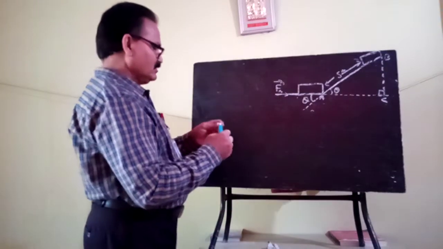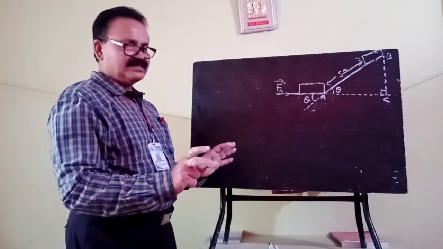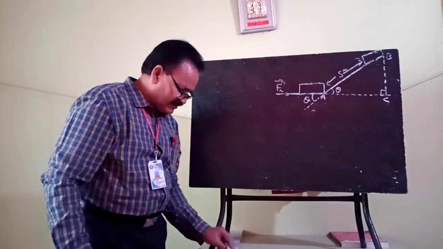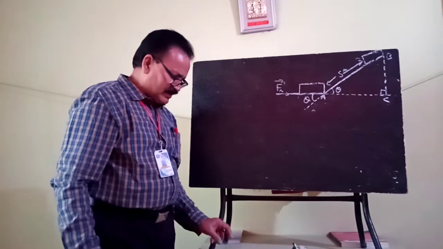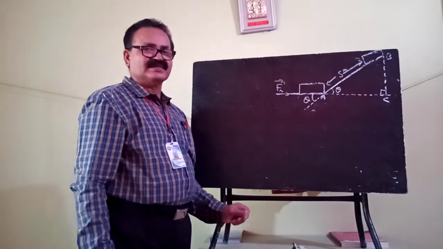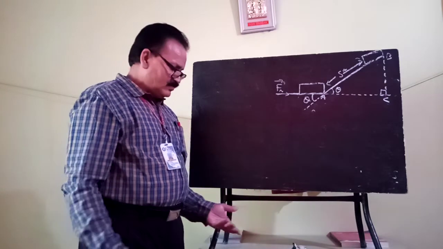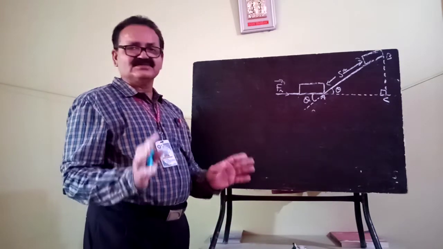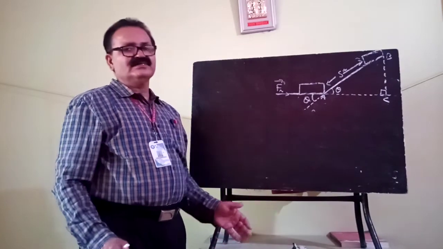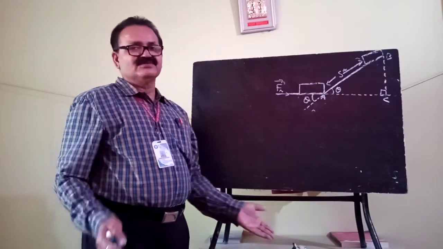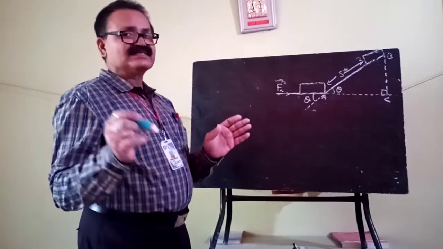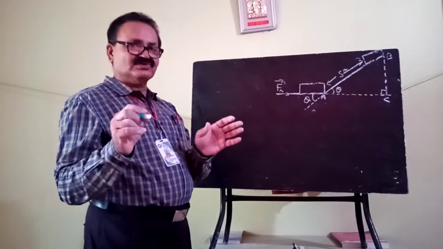So you see, when you are pushing a book on a tabletop, suppose I am pushing this object from here to there, what will happen? Along the direction of force, this body gets displaced. So the amount of work done will be calculated by finding the magnitude of force as well as the magnitude of displacement. You just multiply, then you will get the answer. Okay, and the SI unit of work done is joule.